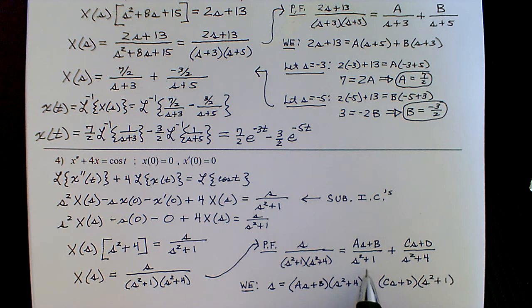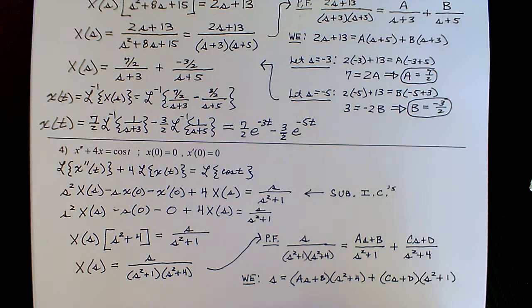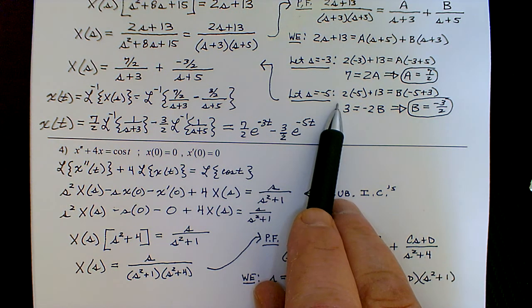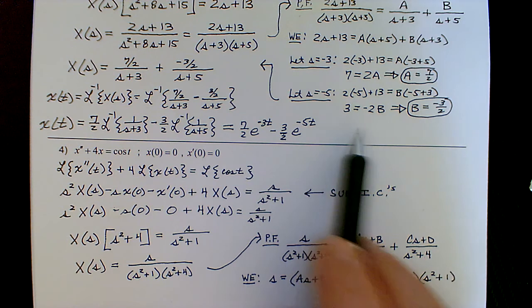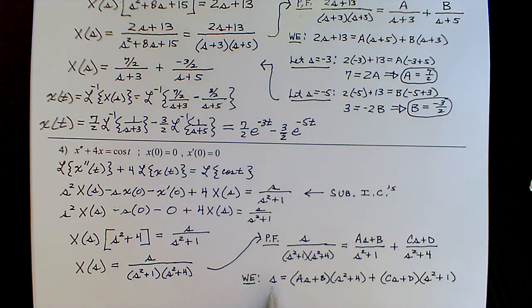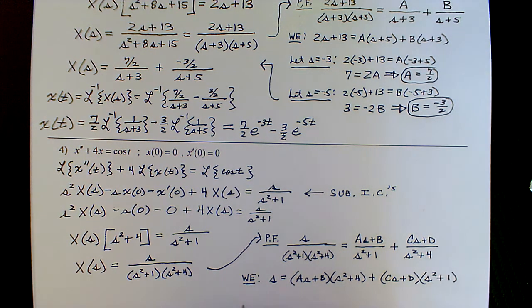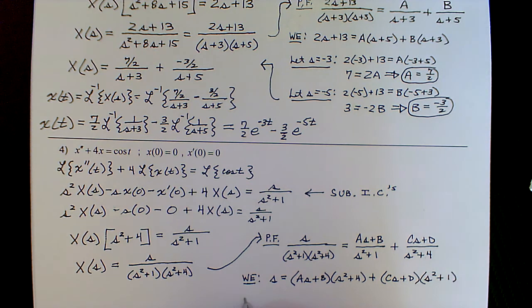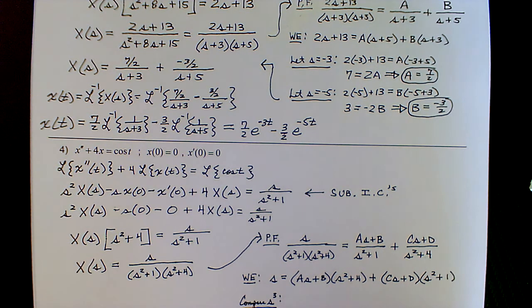Alright, now, because they're irreducible quadratics, there is no convenient way to choose just constants to solve for the terms a, b, c, and d. And so you might recall that what we have to do, well, you could use the imaginary unit if you wanted to. That's one way to go about it. But I'm going to use the comparison method. So I'm going to start by comparing powers of s,